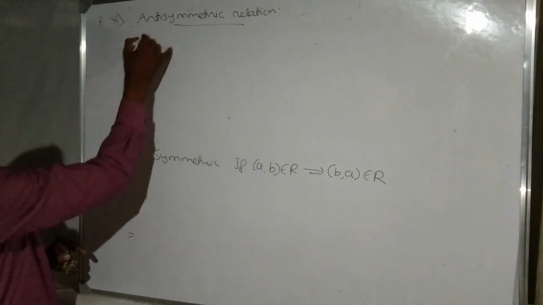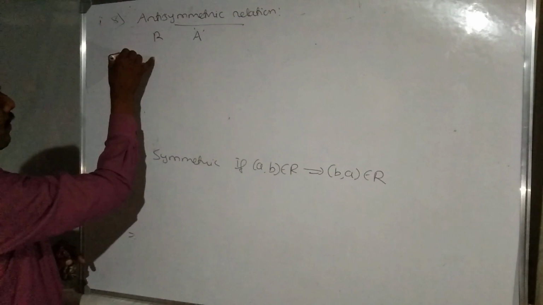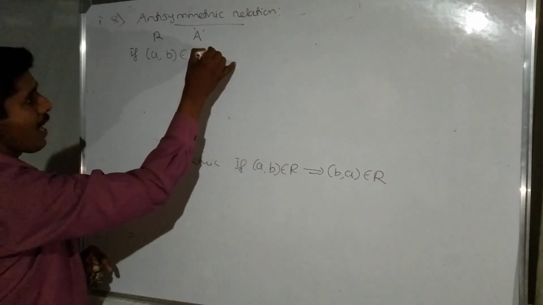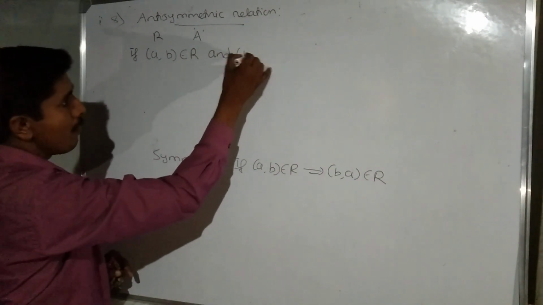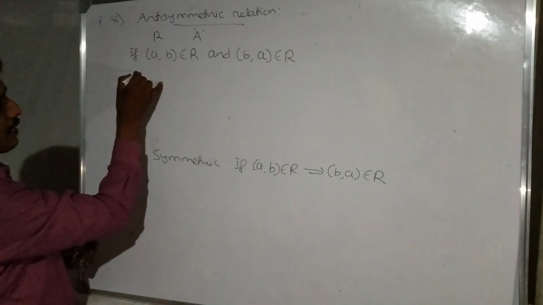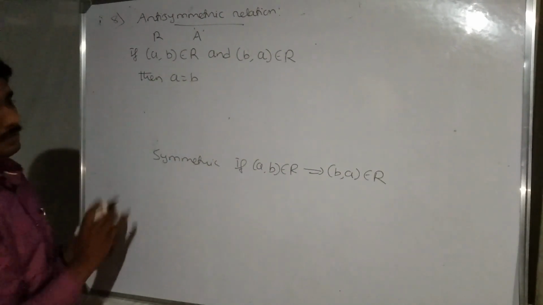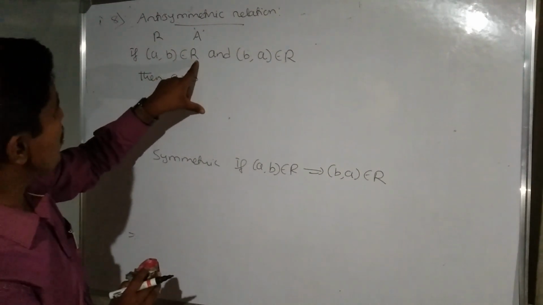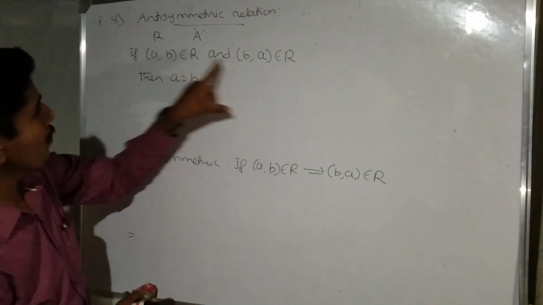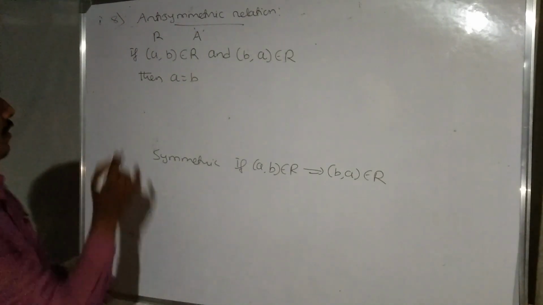But for an antisymmetric relation, here R is a relation on a non-empty set A. If (a, b) belongs to the relation and (b, a) belongs to the relation, then a equals b. That means the relation is an antisymmetric relation. Example,